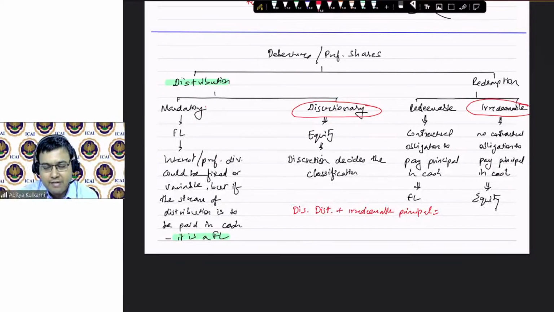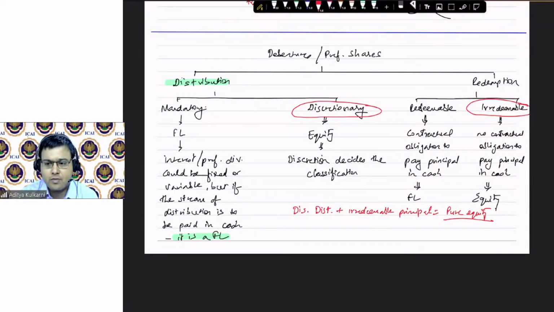So what are you going to classify it as? It is a pure equity. Is it okay? It is a pure equity. Okay. So please don't look at the names. Please look at the contractual cash flows that will happen. That is going to be the guiding principle for identifying whether an instrument is equity or liability, or a financial liability, or even a financial asset for that matter. I am right now thinking from the perspective of the issuer only. This case is from the perspective of the issuer. Okay. All right.